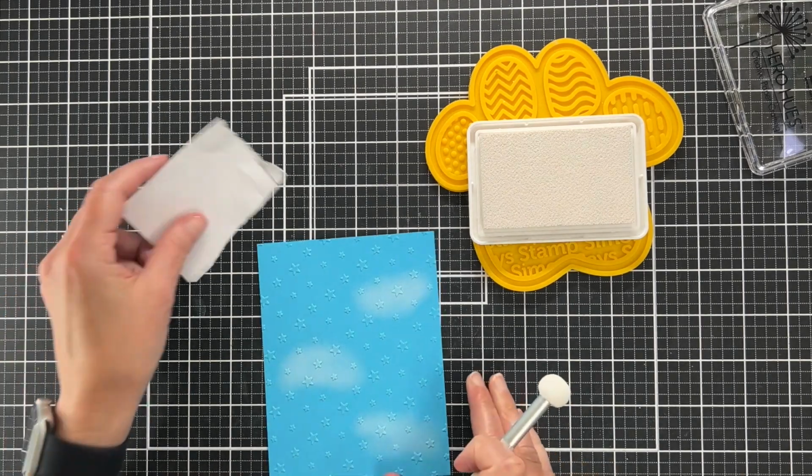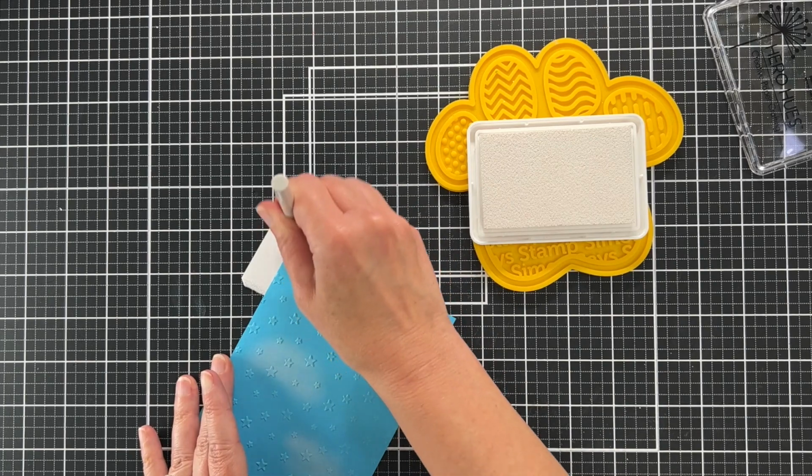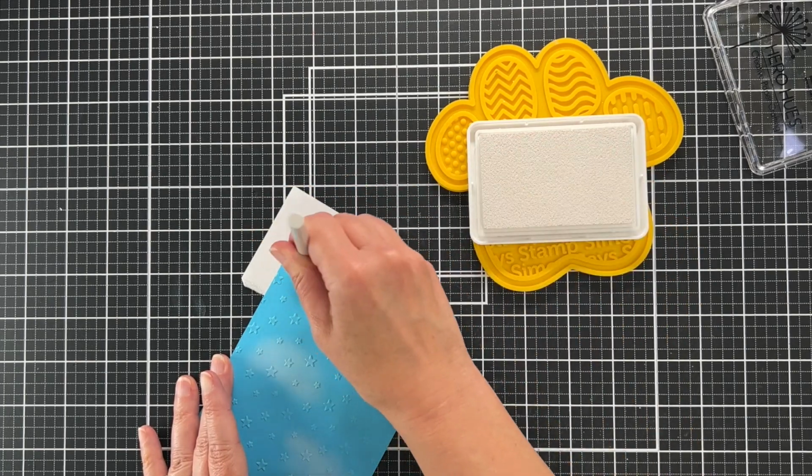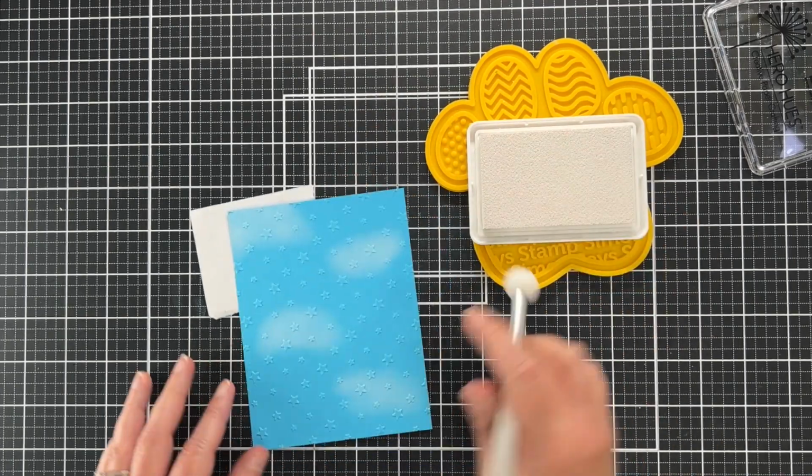All right, before I pounce onto my black craft mat, I'm just going to put a white piece of paper in that corner. Not that my poor black craft mat hasn't suffered enough abuse, but...